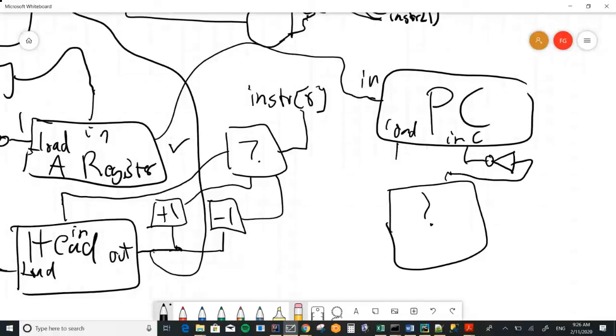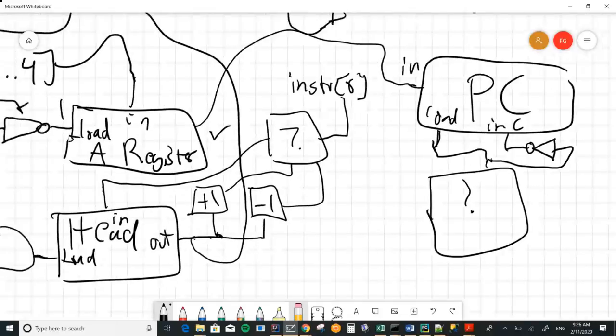If we're not jumping, it outputs a 0. So we NOT that to get a 1 on the incrementer. And if it outputs a 1, you get a 0 on the increment and a 1 on the load. So if we can figure out if we're jumping by emitting a 1, then we're all set. Okay? So ultimately, how do we decide if we're jumping? Well,